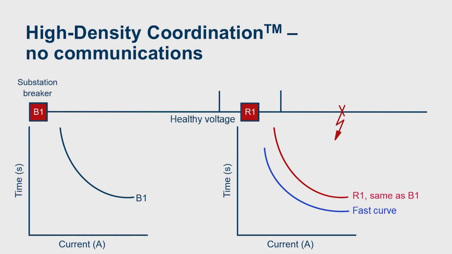So when it closes, if the fault is still present, only R1 is going to operate this time. R1 continues to go through its reclosing cycle on this fast curve until either the fault goes away, or if the fault's permanent, it's going to go to lockout. So we've achieved this selectivity, but we've also reduced the stress on the power system because we're using a faster curve, which means less time for the fault current to be present.